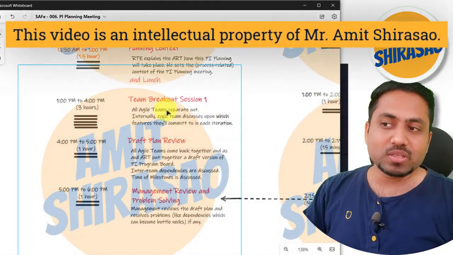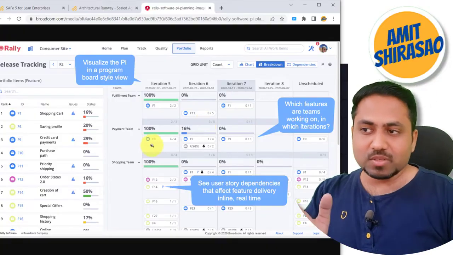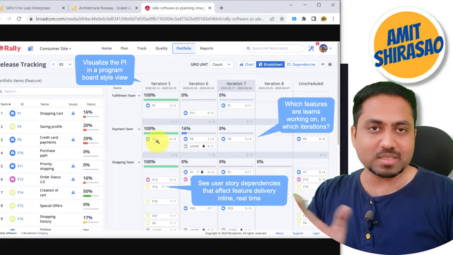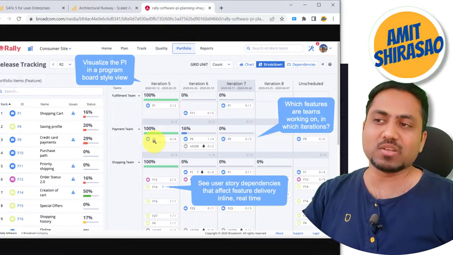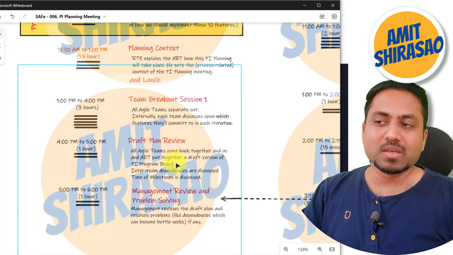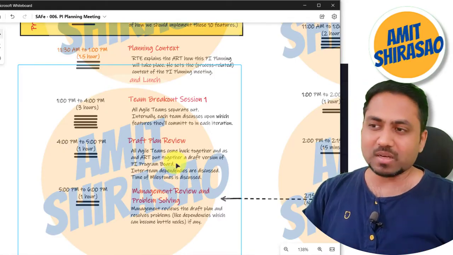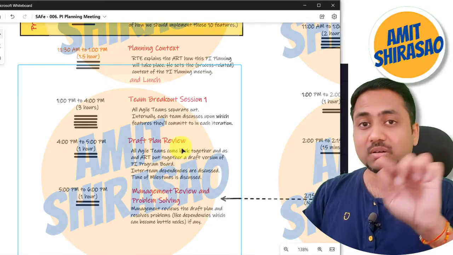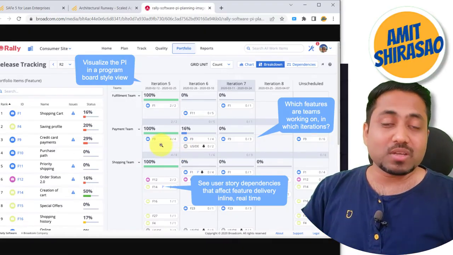The main thing that they do in the team breakout session is just to see whether this team is going to pick up all the stories and whether their capacity adjusts or not. That is the main thing that they are actually doing in this particular team breakout session, okay? So there are very few problems that come during the draft plan review, but they mostly come due to capacity only, okay? So, a real life problem.